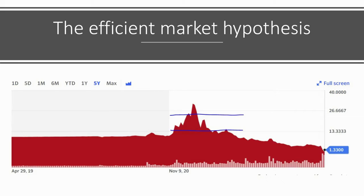So we'll give you an example here. This is the stock price chart for Desktop Metal. Now, when this firm had their SPAC, we had purchased some shares, and that was right around the $10 mark. So when shares doubled in very little time, we attributed that to hype and started to exit some of our position. And then that's the top blue line that you see there. And then we finished exiting our position at the bottom blue line because we adopted some new rules around SPACs. We've covered over 90 different SPACs, and we're only holding one in our portfolio right now, and it's not Desktop